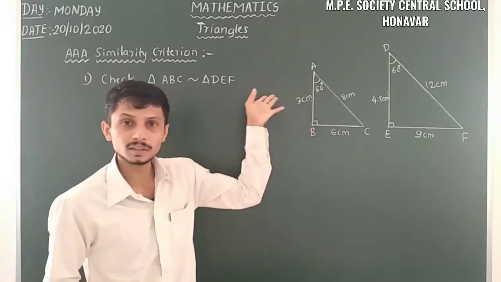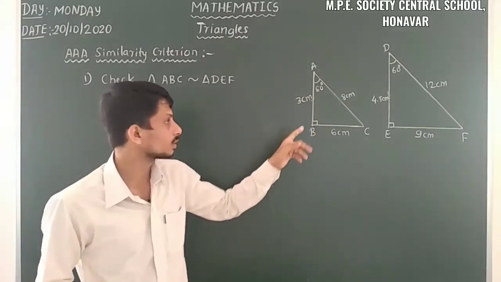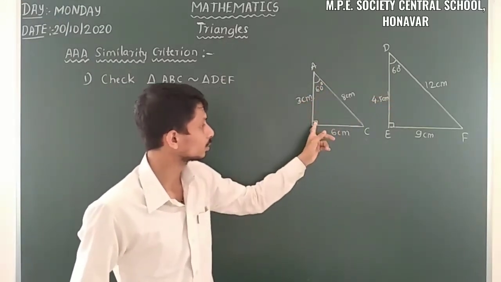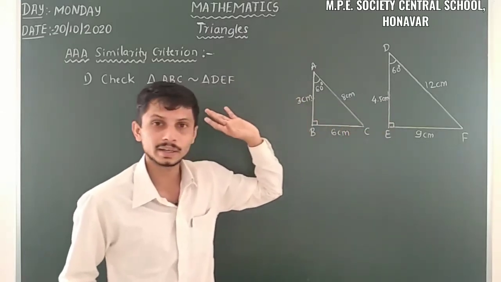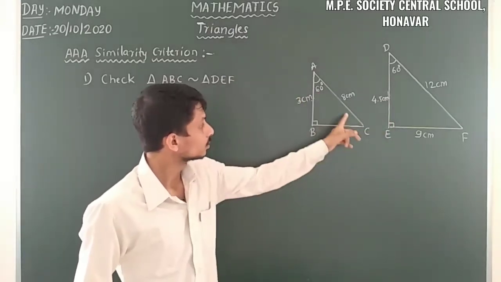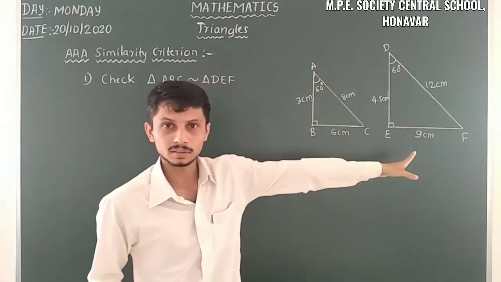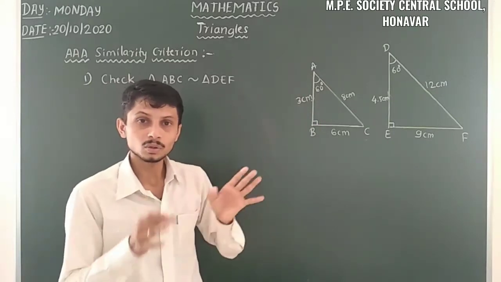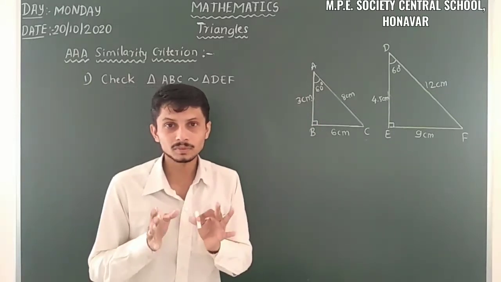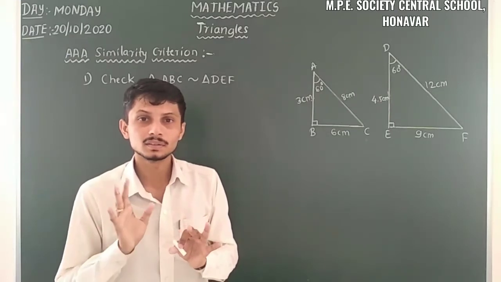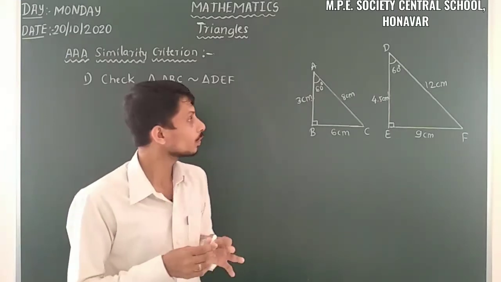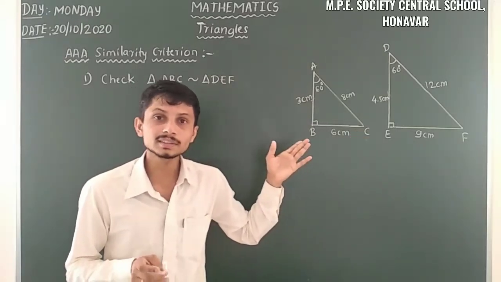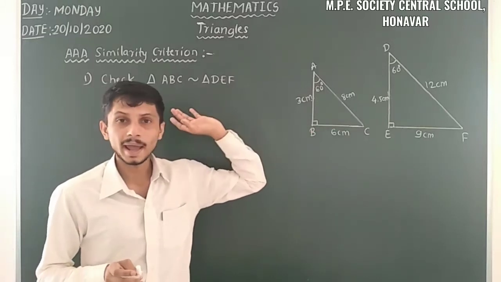Here just observe whether all the corresponding angles are equal or not. Look at this: here 60 degrees, here also 60 degrees, here it shows 90 degrees, so here we can also take 90 degrees. And there is no angle given here, so just look at those two angles. We know that the sum of interior angles of a triangle is 180 degrees. So from that we can easily identify the third angle. Let us calculate that third angle.